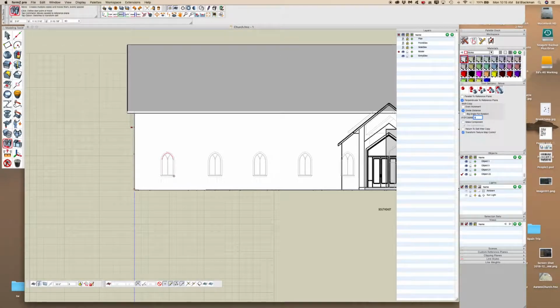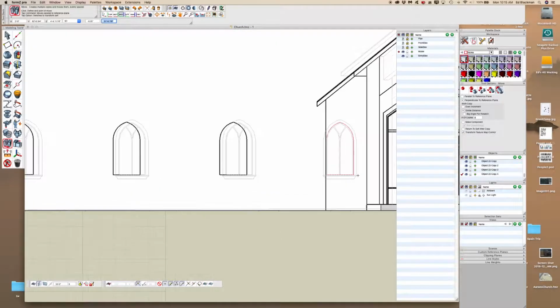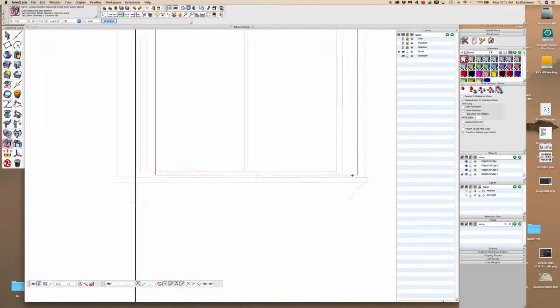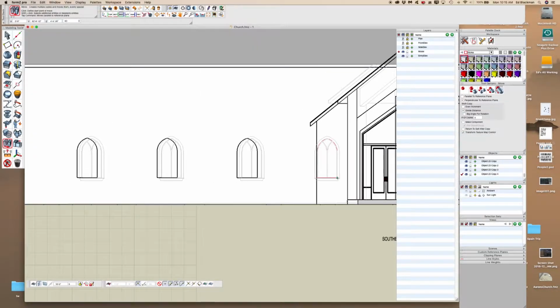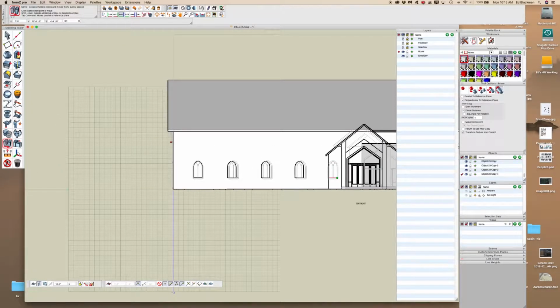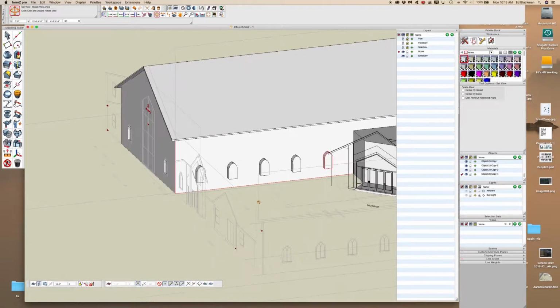So this time what I'm going to do is I'm going to go down here and take the corner, and I'm going to come all the way down, and I'm going to zoom in because I want to make sure that these are correct. Okay, and then I click. When I click, I can see that I have created 4 more copies of that